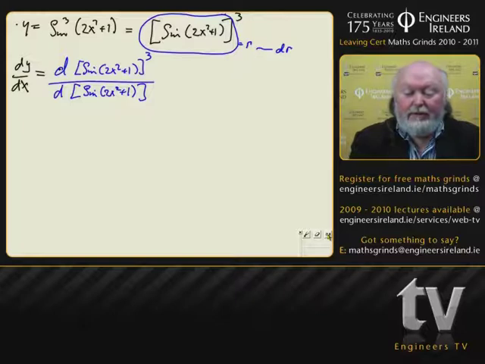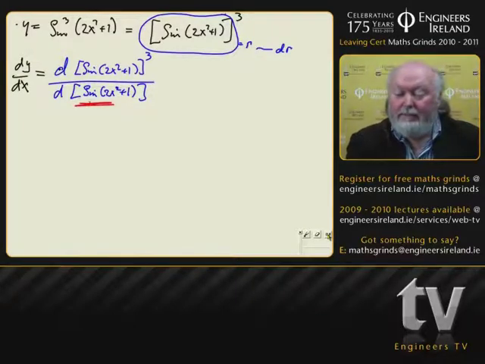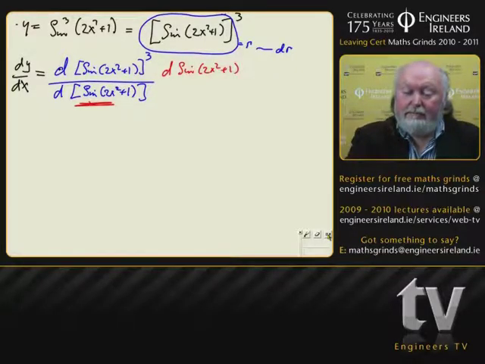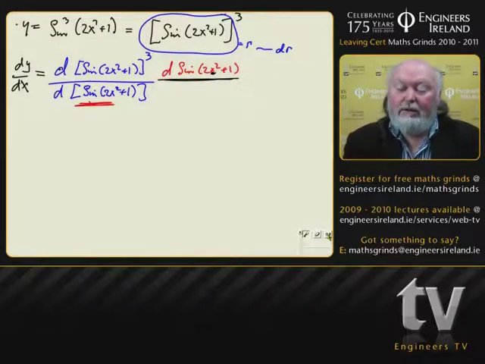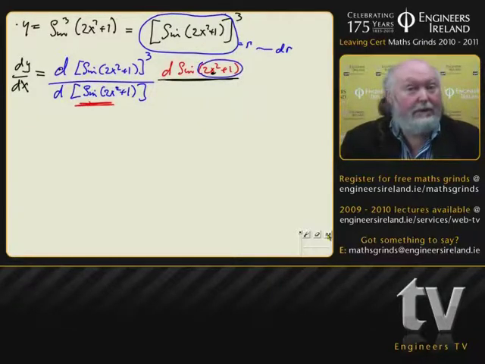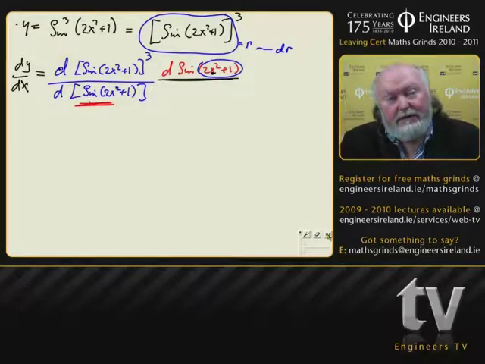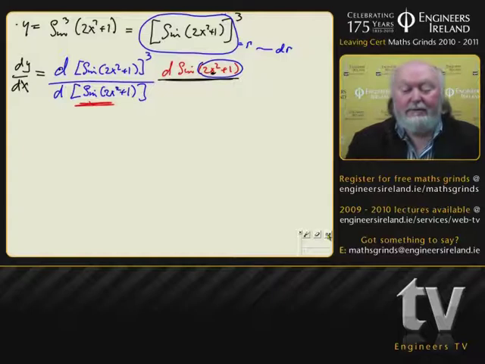and having written this down here, I must write it up again above the line. And now we're looking at this guy. I can't get the derivative of sine of 2x squared plus 1 directly because the x is buried too deep. I can call this thing, though, I can give all of this a name. We could call that p, and I can certainly get the d/dp of sine p. So underneath the line I can write down